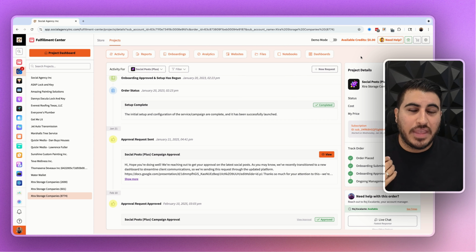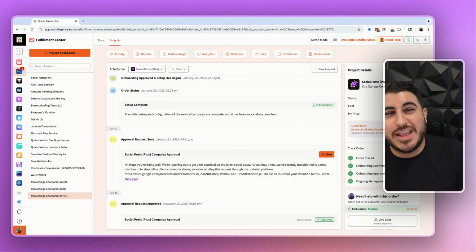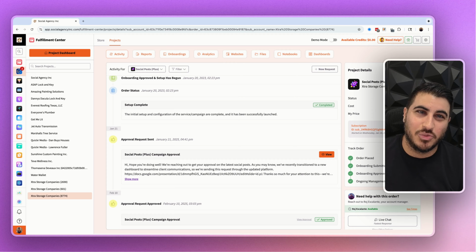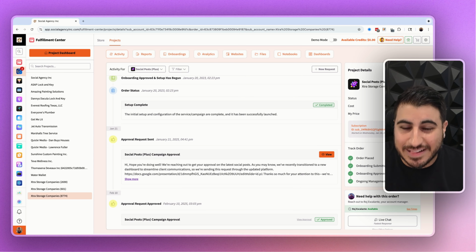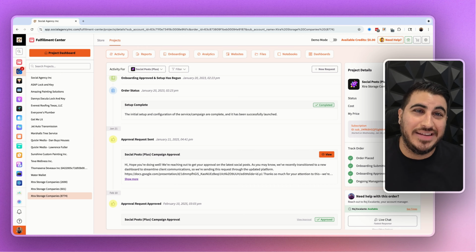And we thought about, well, it's great that you see this, but wouldn't it be cool if your customer could see this as well? And ladies and gentlemen, that's exactly what we have for you here today. A fully white labeled client dashboard that you can give your clients access to, and they can have their own experience just like you,